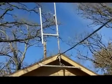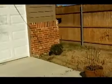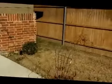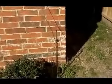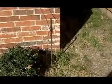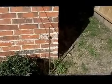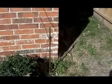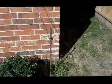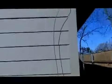I've got a ground wire. You can see it coming down, and it comes down in the straightest way possible over to another ground rod, which I have over here. Again, 10 foot into the ground, and that is grounding the mast that the antenna is mounted on. So the mast is grounded to this ground post right here. Again with 6 gauge grounding wire, and just ran it up onto the,